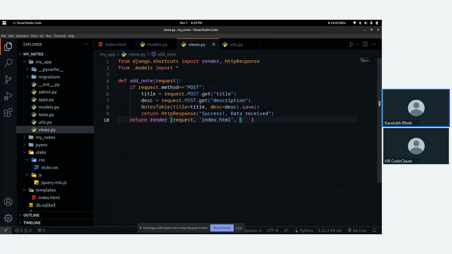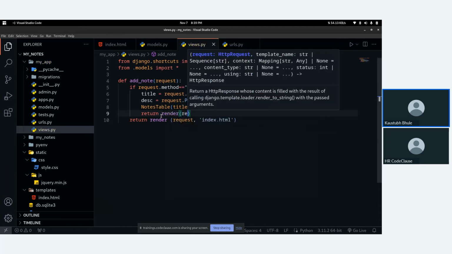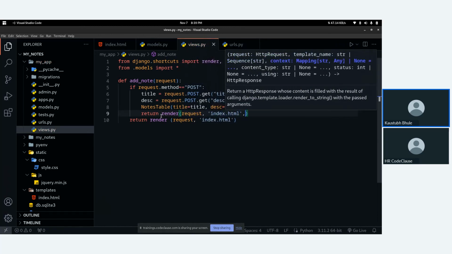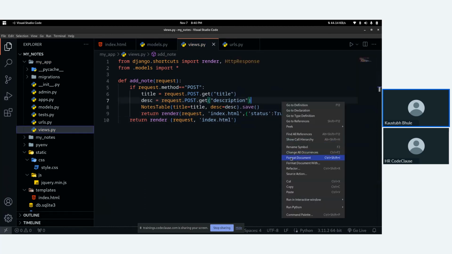So what I can do, I will just pass the status, okay, colon, and okay, sorry, instead of passing status here, we will send here to return render again the request, comma, index.html, comma, status, and I am sending true. Means our data is successfully saved.